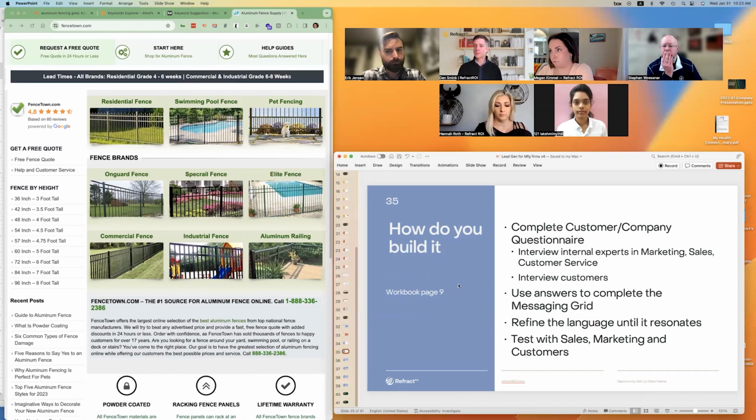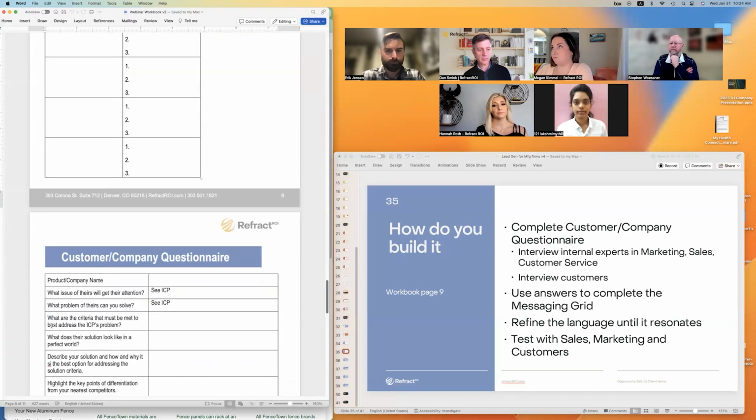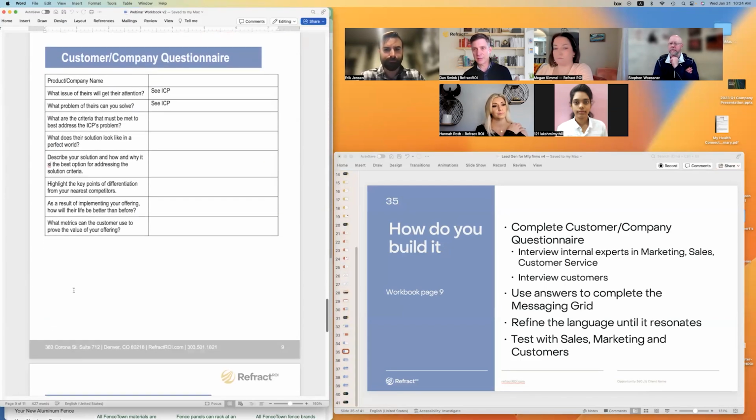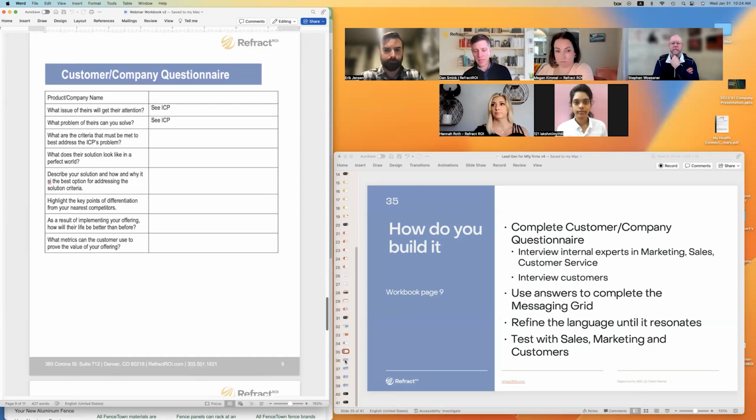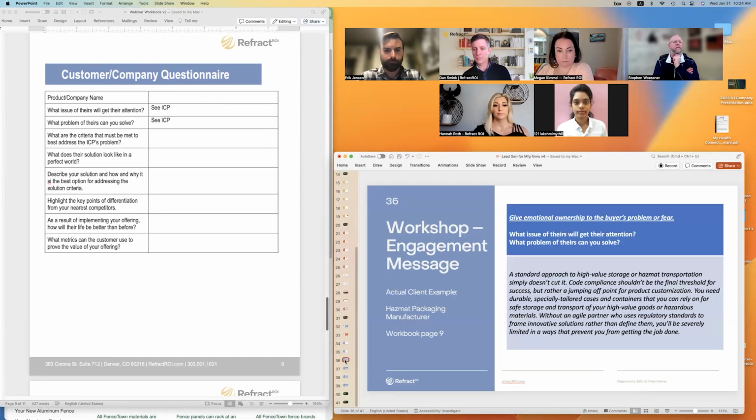So the way you're going to build it is we're going to first complete a customer questionnaire. And we're going to use those answers to finish the messaging grid. And then you can refine that language until it resonates with them. And as I said, test it with your sales team, test it with your marketing team, test it with your customers. Okay? So let's go to the next page in the workbook. That's page 9. All right? And let's start to fill out the components of